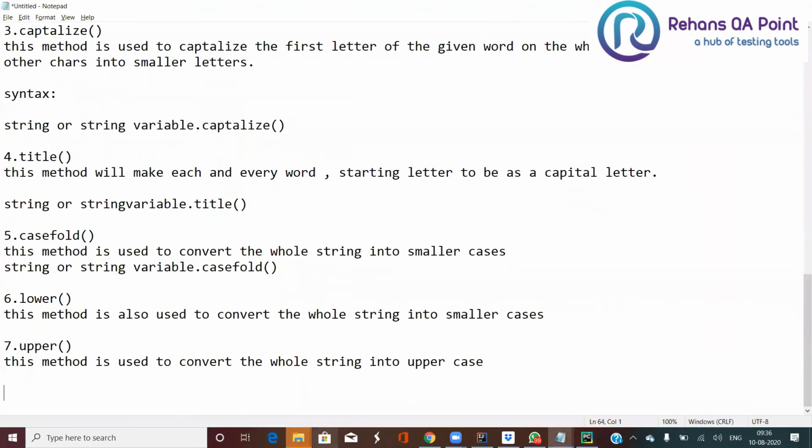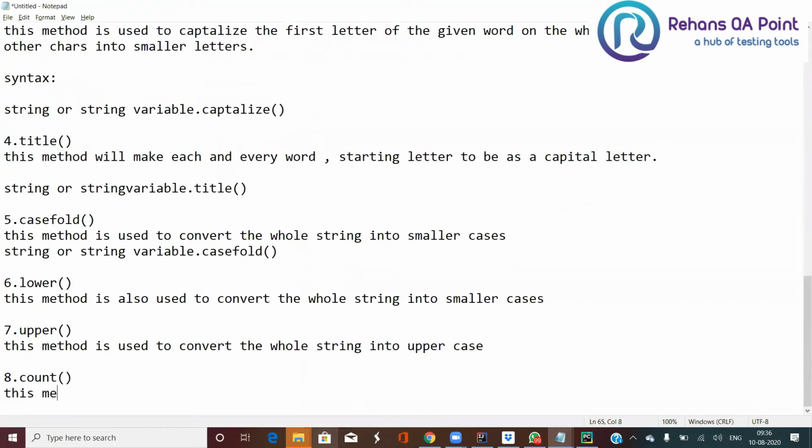Now let us see another method that is available called count. This method is used to get the count of a user given word or character in the source string.